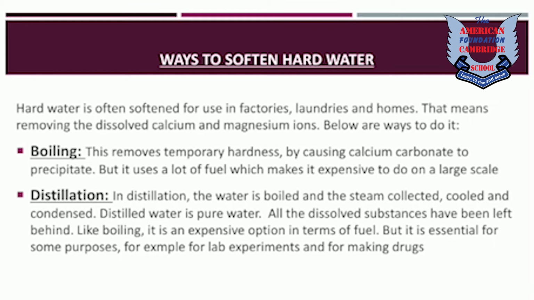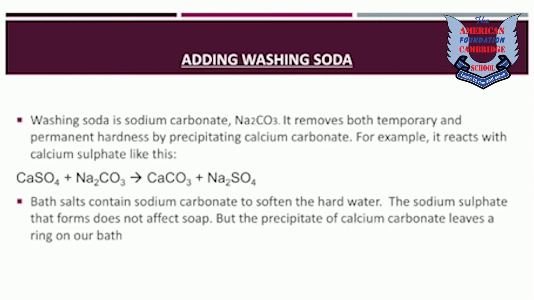So distillation is the second process by which we can remove the hardness. In this process we will take the hard water, we will boil it first, and we will set the apparatus in a way that once the water starts boiling, the water vapors will be collected in a separate container or tube, and those water vapors will then be cooled down, and later they will be condensed again into liquid, from gas to liquid. So that liquid will be called distilled water, and this will become soft water. So this will be the pure water. In this way the hardness can also be removed.